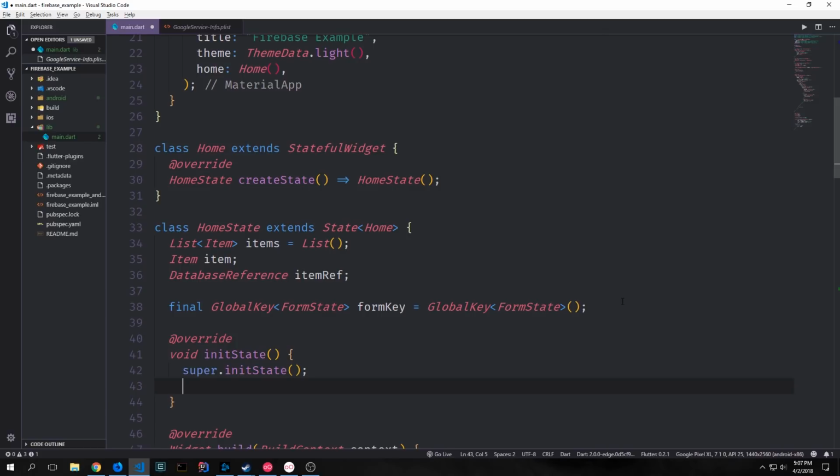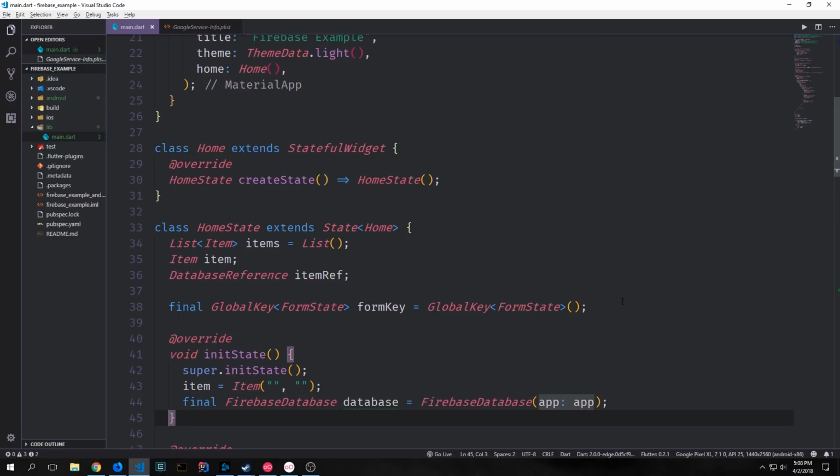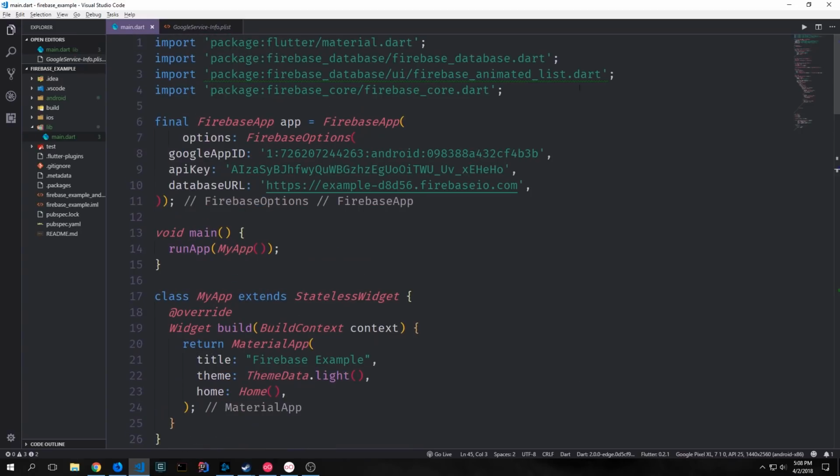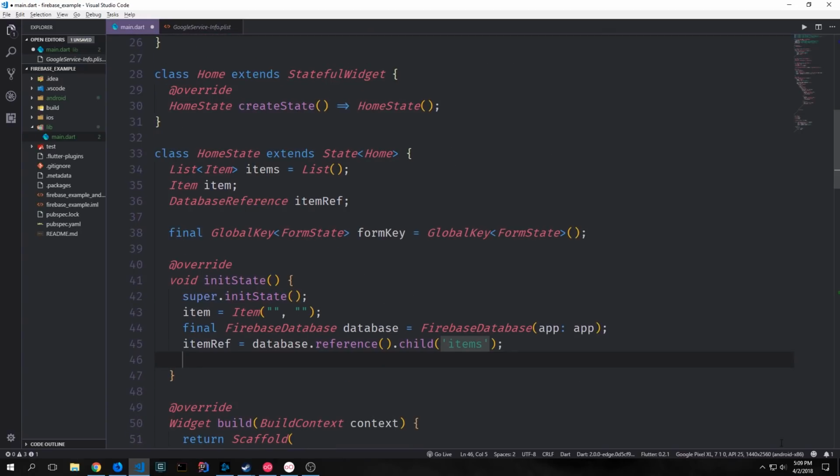We can now override our init state function, and we'll take our item and we'll set it to an item. We'll put in 2 empty strings, and then we can get a reference to our database by calling final Firebase database and then passing in the app variable that we created up at the top. And then we can get a reference to our path called items specifically by calling